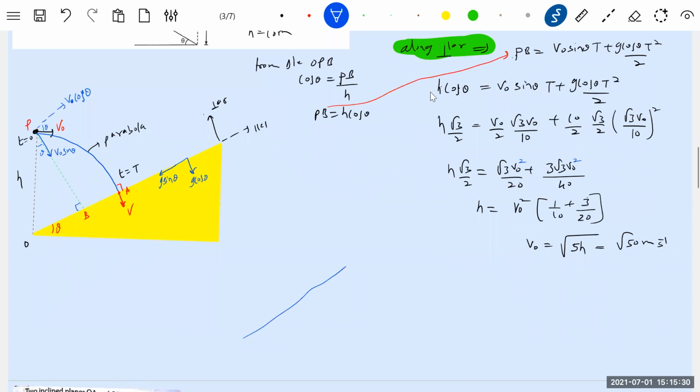So either way, a student slowly develops a method here. Again, there are so many ways I can ask you. I'll throw at a certain angle. Then the ball will come and collide with the inclined plane. It need not collide normally. Can I solve the problem? Yes, you can solve. It's not that it should strike normally, it may strike like this. So can I solve the problem? With what speed will it strike the incline? Yes, you can solve it.